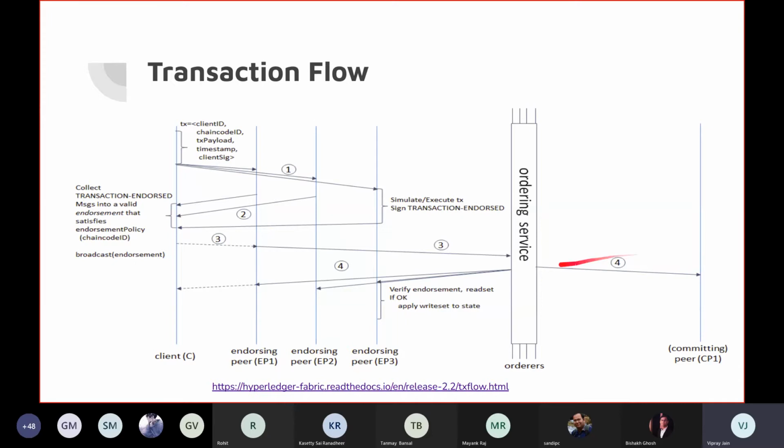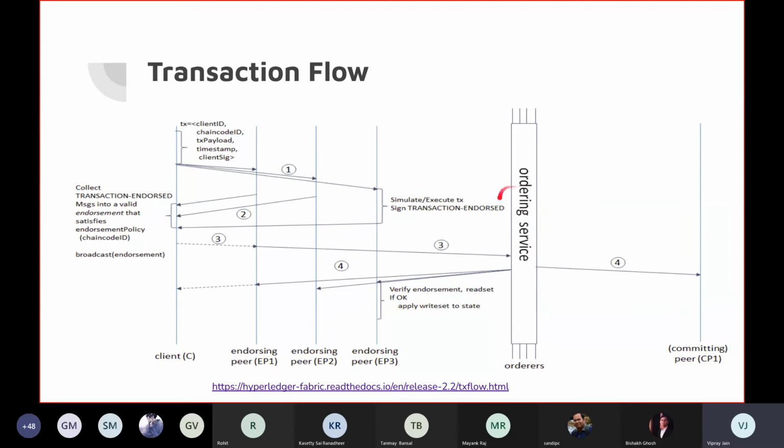This ordering service sometimes uses a consensus protocol like RAFT. In the ordering service there are three ordering nodes, and each of these three ordering nodes is getting some transactions. To come to a consensus on what will be the order of transactions that we are going to append in the block, this ordering service uses RAFT.